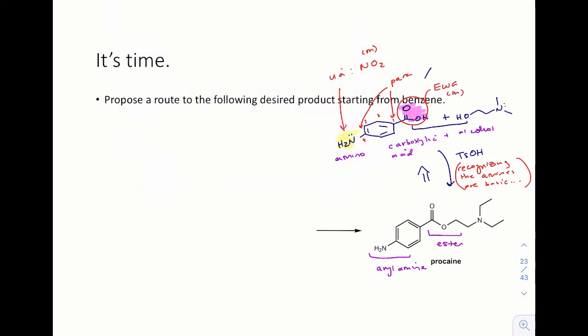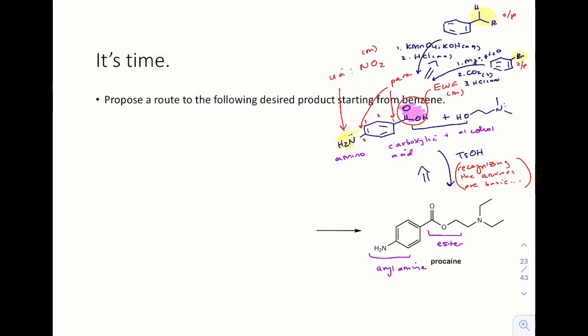Let's think about how we've installed the carboxylic acid group. There are two ways that we've done that in this lesson. First would be the benzylic oxidation using potassium permanganate. And the second involves generating a Grignard reagent and adding it to carbon dioxide. Both the alkyl group and the bromine group would be